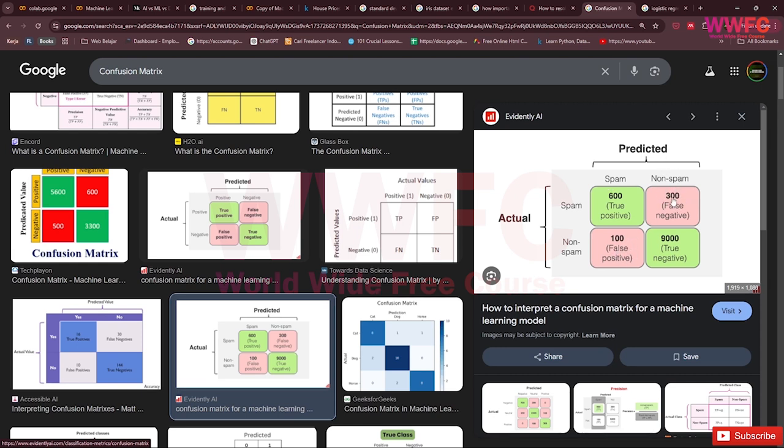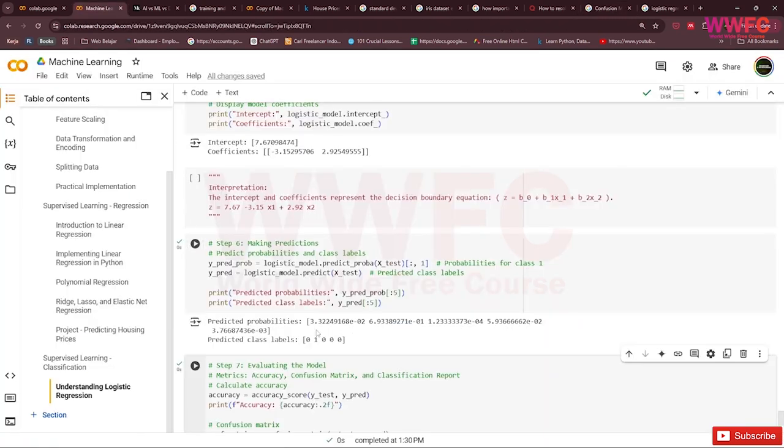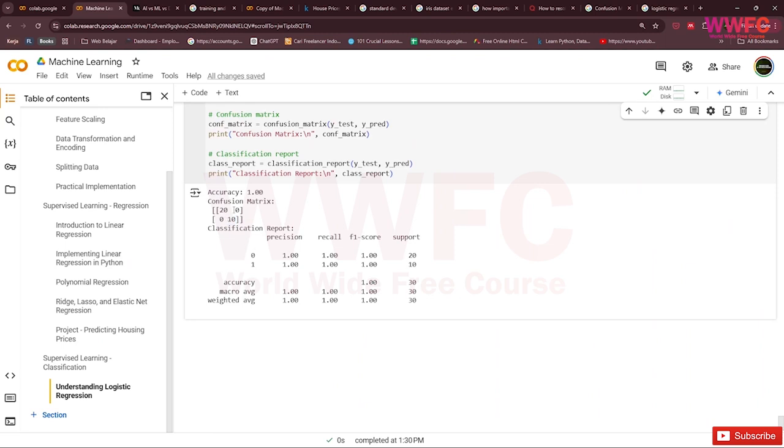Also in here, the actual is spam, but the predicted is non-spam, so it's a false negative. So false, false, and true, true. So you can see in here is true and in here is false. So in our model there is 100% accuracy because this is true, and this is false, this is false.